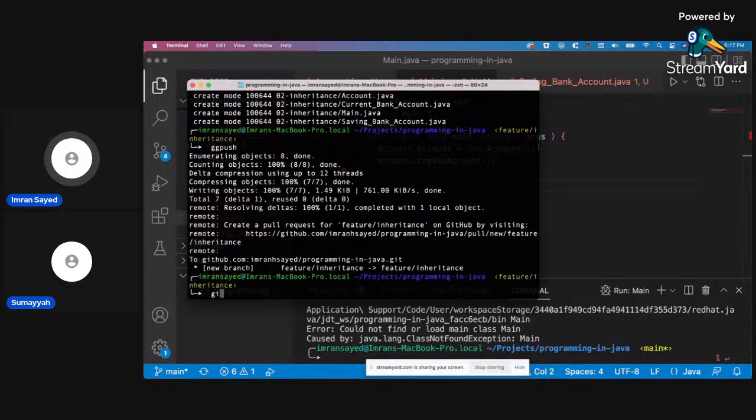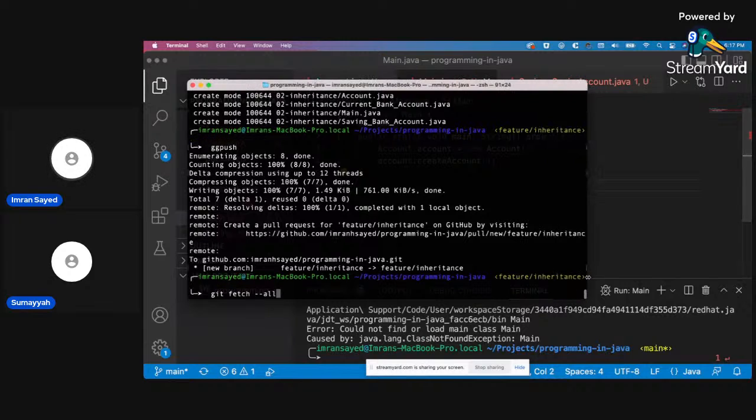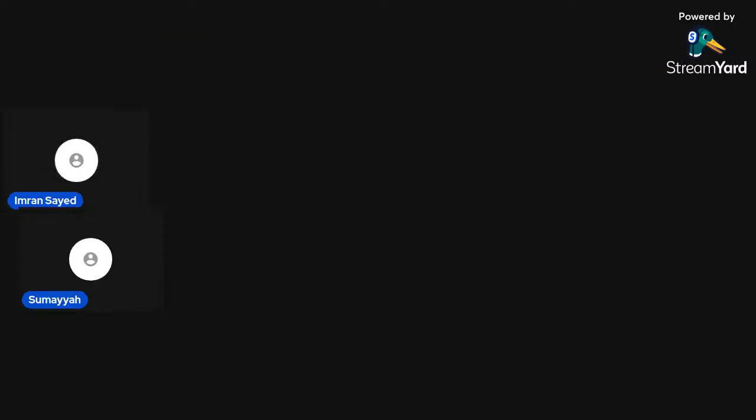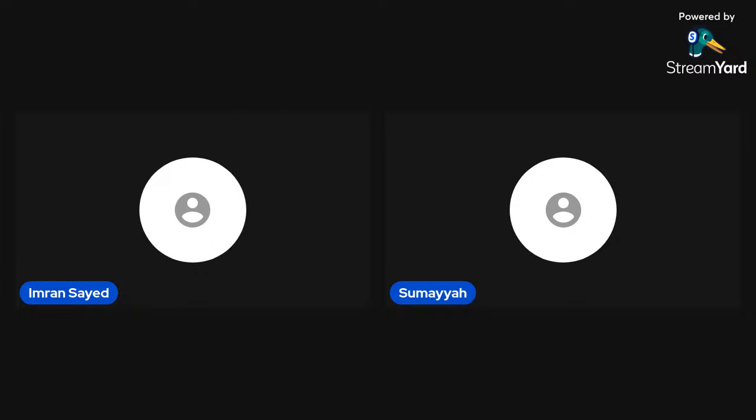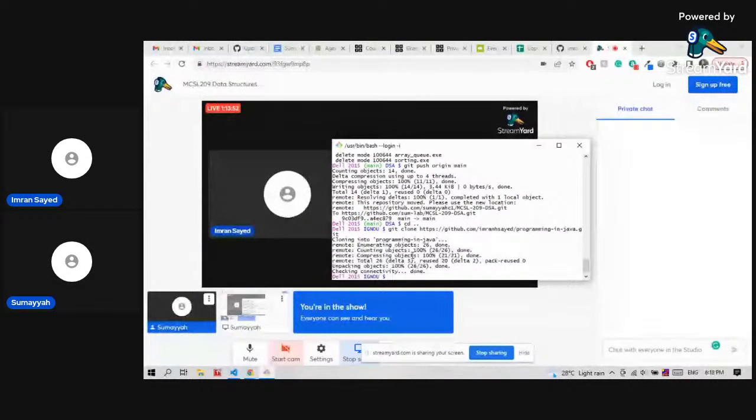So do a git fetch all, then you'll be able to get that branch and then pull that branch. So I'll stop sharing. Maybe you can share your screen. I did git clone.